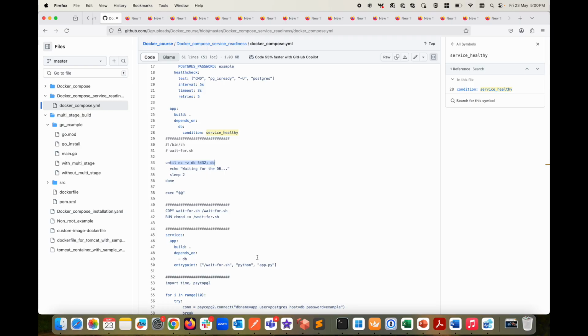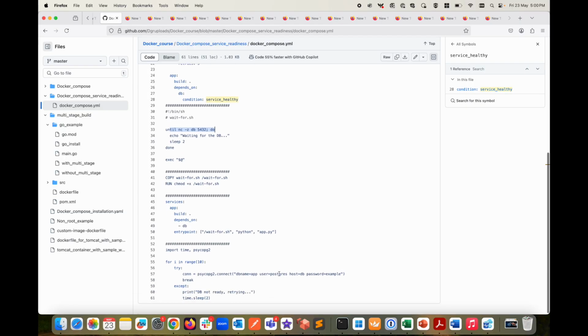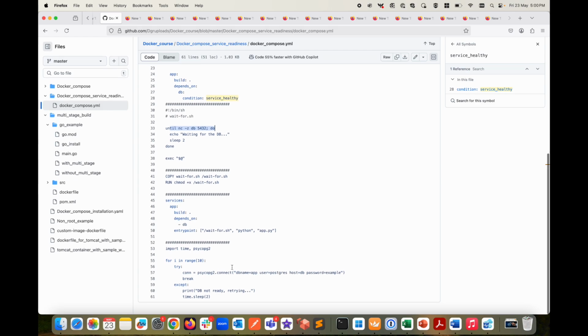Now the third approach you can have is to add retry logic in the application. You can also build a retry mechanism in code, using exponential backoff for the DB connection. The advantage of this is it works across environments, Docker, Kubernetes, etc. It is independent of Docker Compose, and here is an example of